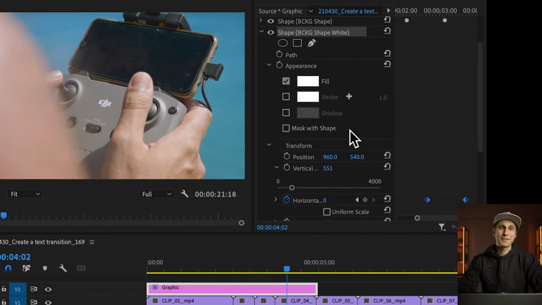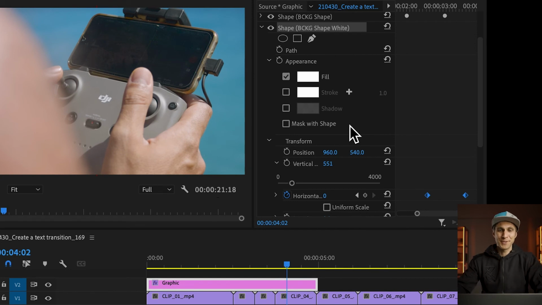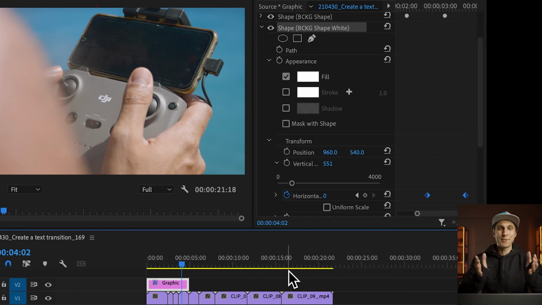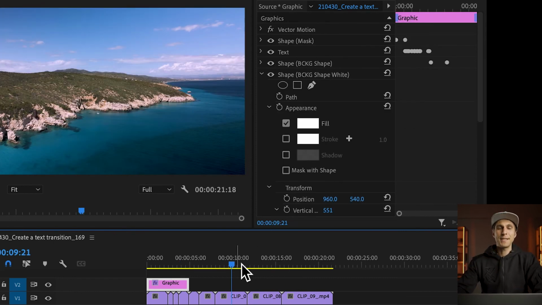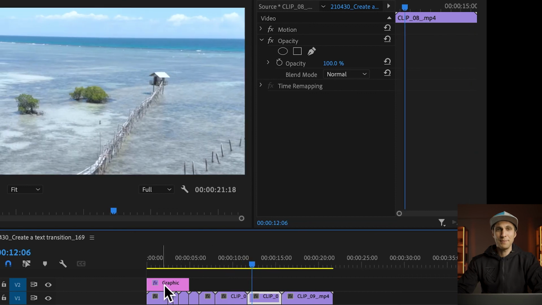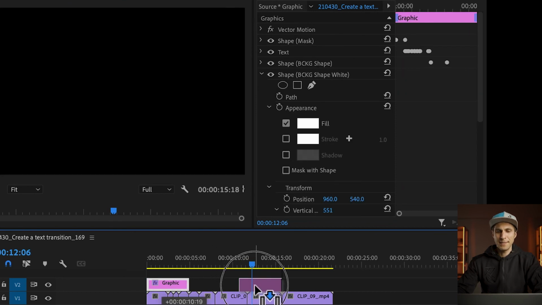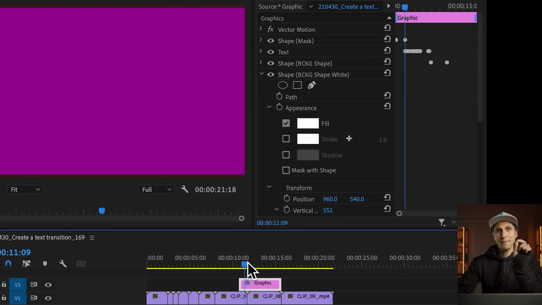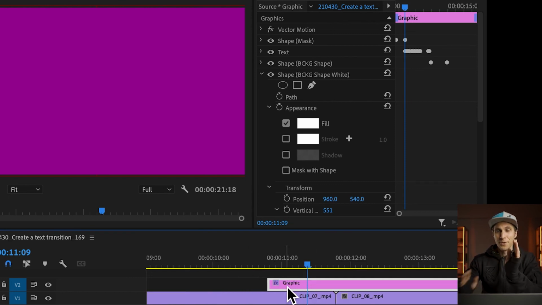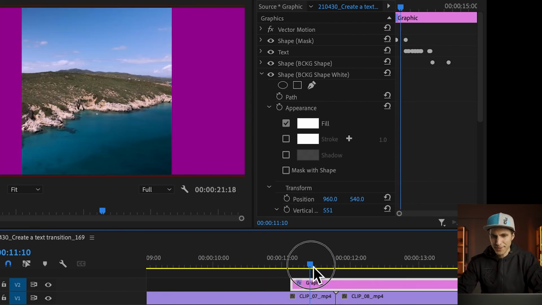We need to use this graphic we have created as an actual transition. So what I'm going to do is to select the two clips I want to use the transition on. So let's say I want to have a transition between this clip and this clip. I take my graphic and I slide it there, and now I'm going to find that frame, this exact frame, where I have a full colored board, and I'm going to place that frame over the cut between the two clips. So just slide it